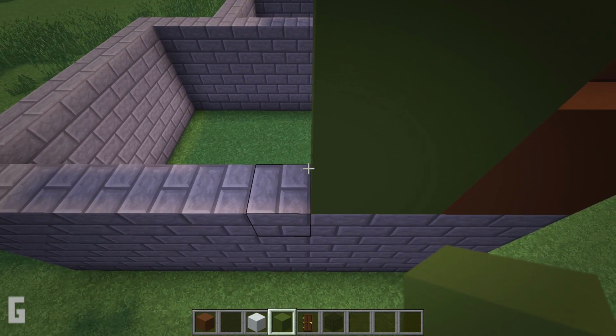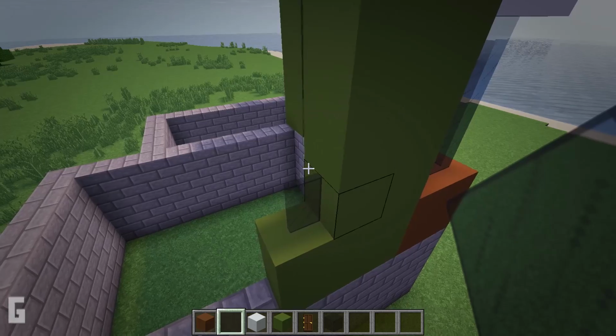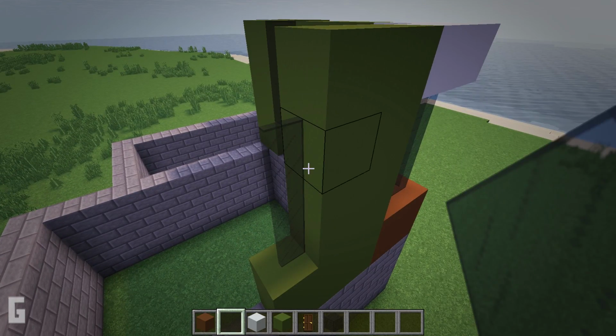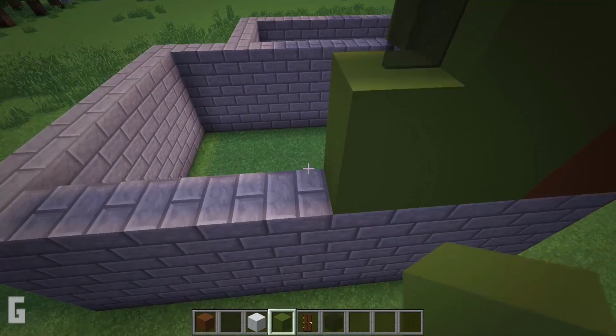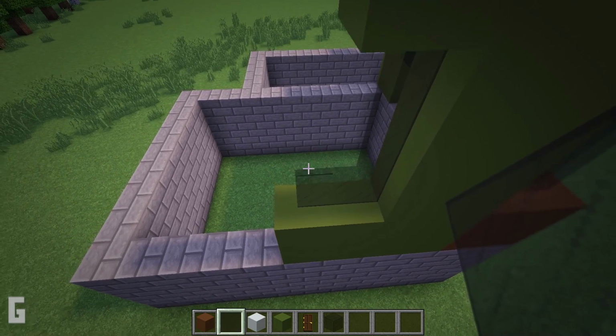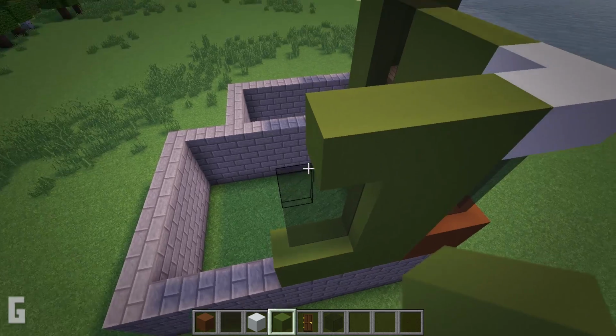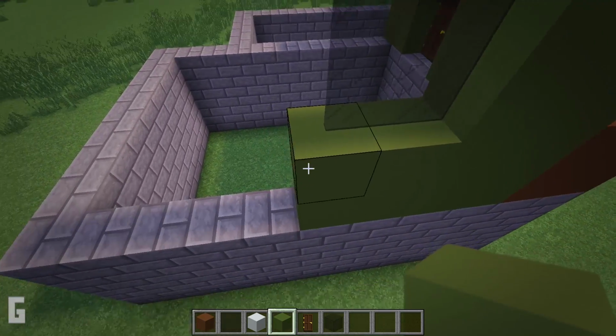Then for the next column, add 2 green concrete blocks down, then 3 glass panes, then 1 concrete block up top. Then let's create another 2 green concrete blocks, 3 glass panes, and 1 block up top. Then 1 full-size green column,